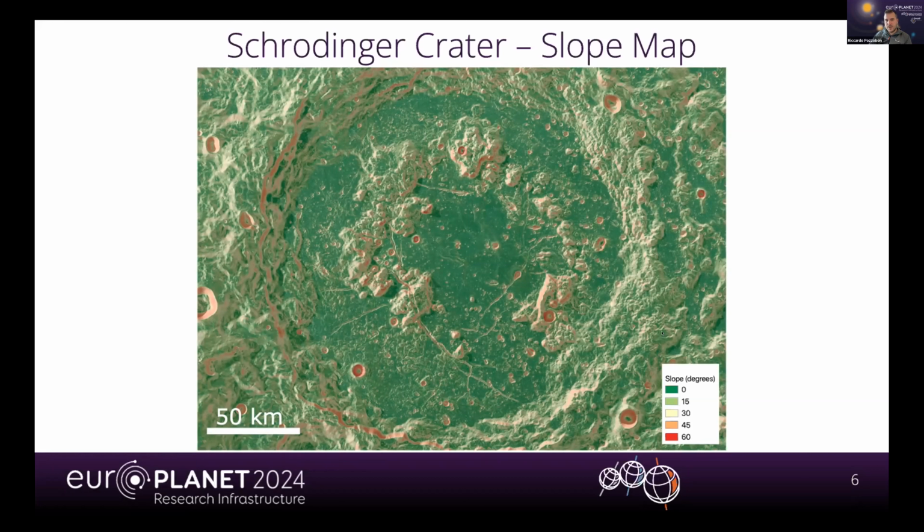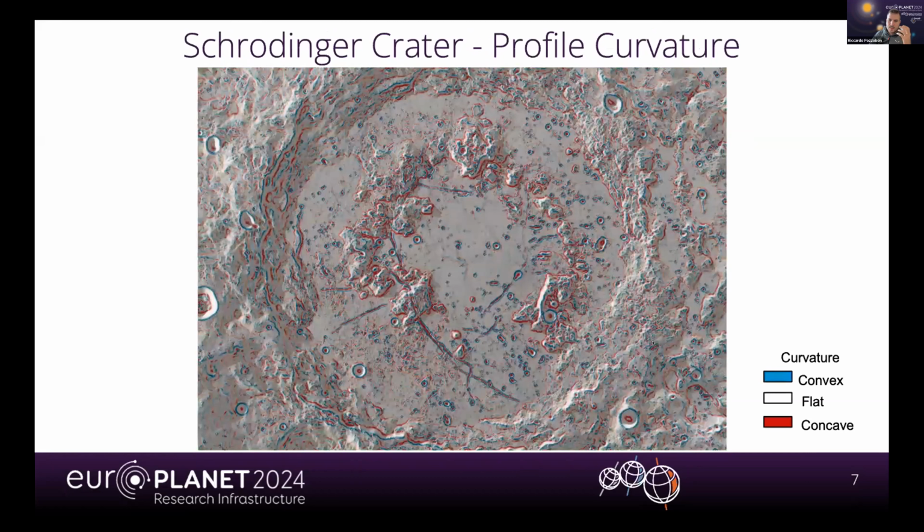Of course, the topography, so the third dimensional information, will help us to derive also other things. For example, the profile curvature. I have color-coded this map, which is the second derivative of the DTM, in mathematical terms, by highlighting in red the concave parts, in white the flat parts, and in blue the convex parts,